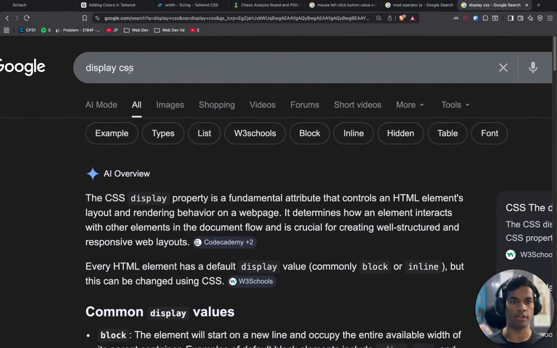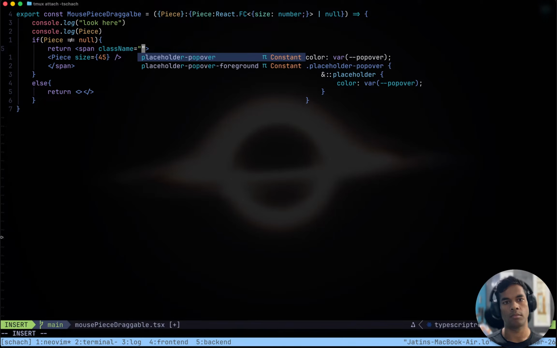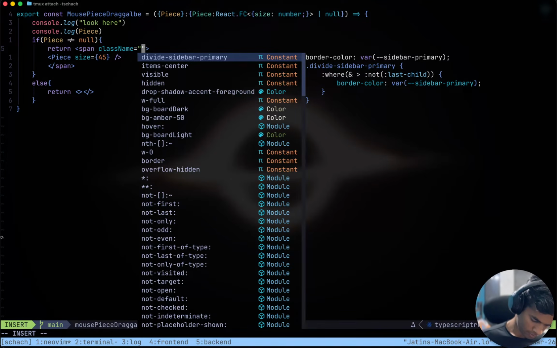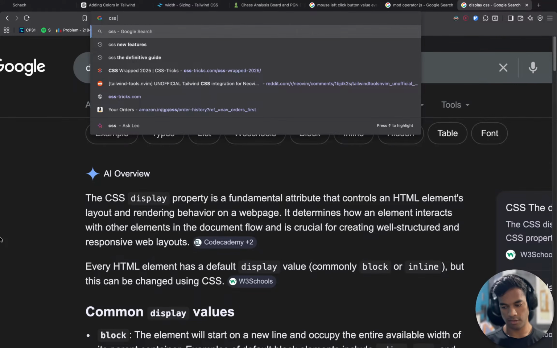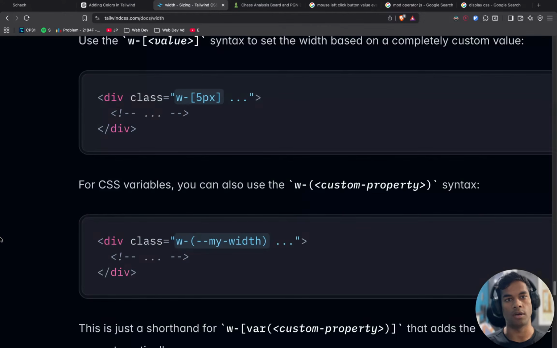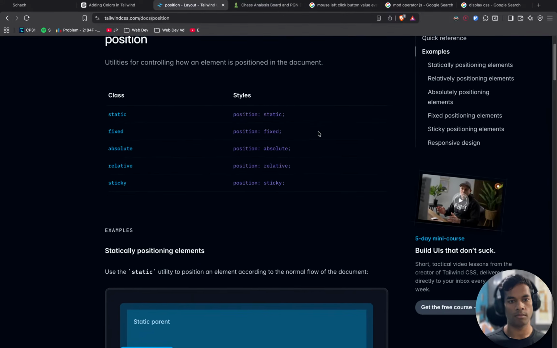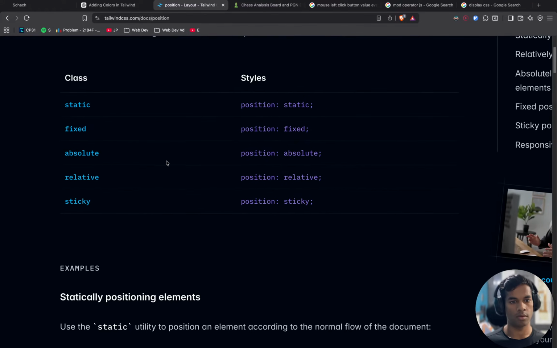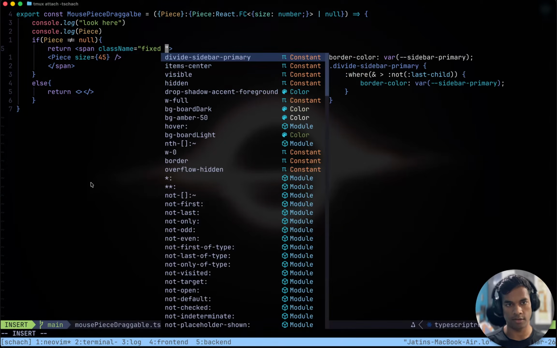Okay, I guess it is not display. Then what is it? Property. CSS. Position. Yes. Position fixed.